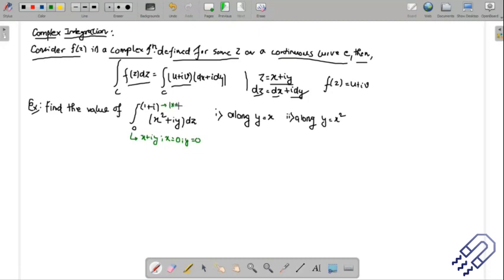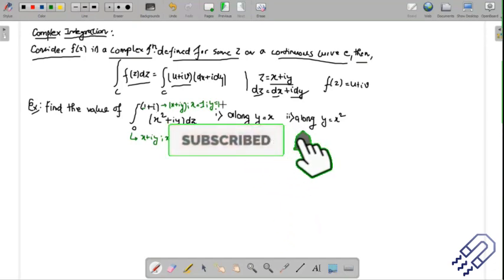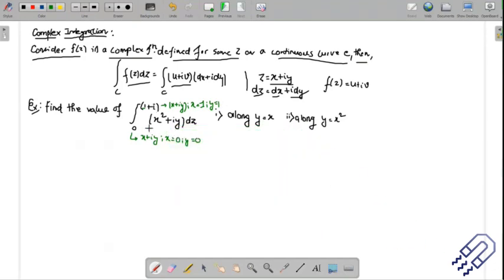You can just compare it and see what is the value of x and y, so that you know the limit for x and y, right? So x is 1 here, and y is also 1, because it's iy, right? So you know the limits now. And the problem here is this is a mix of x and y, and dz also you can write as dx plus i dy. So that means you have to write it in terms of one variable, and you have to find out the value of this integral